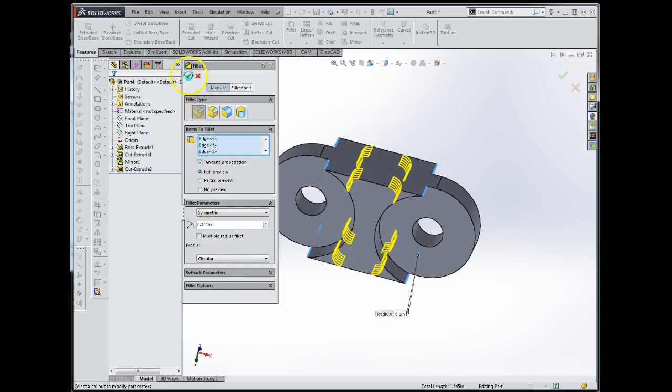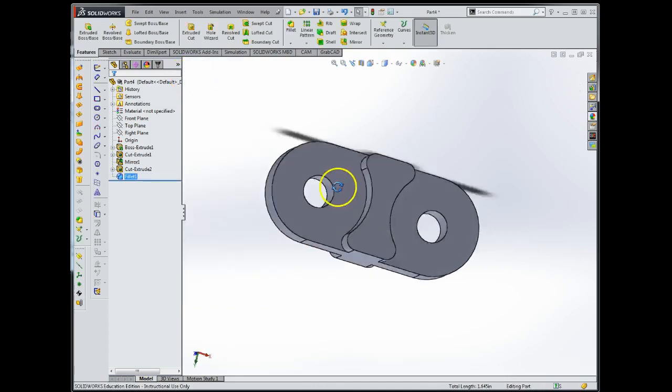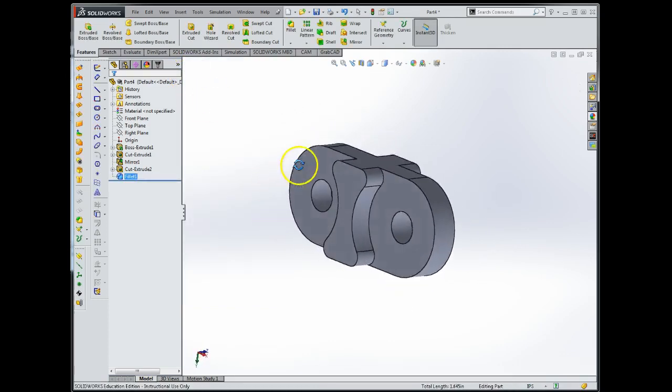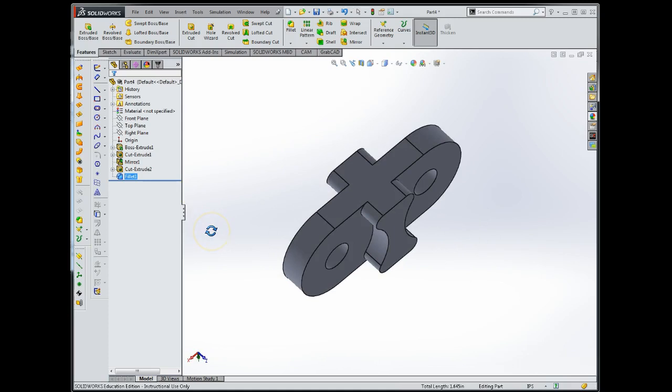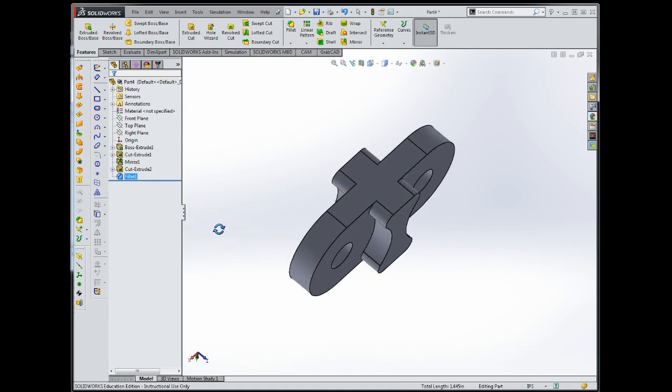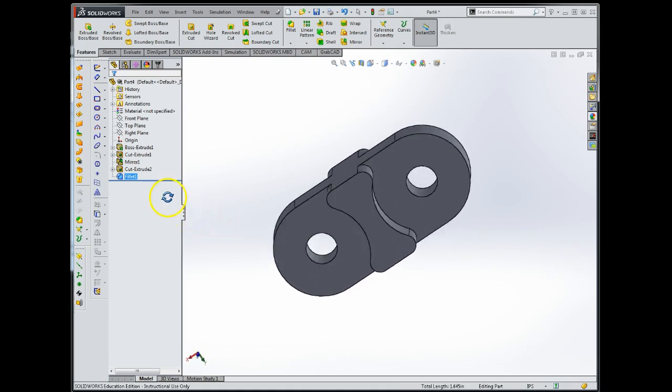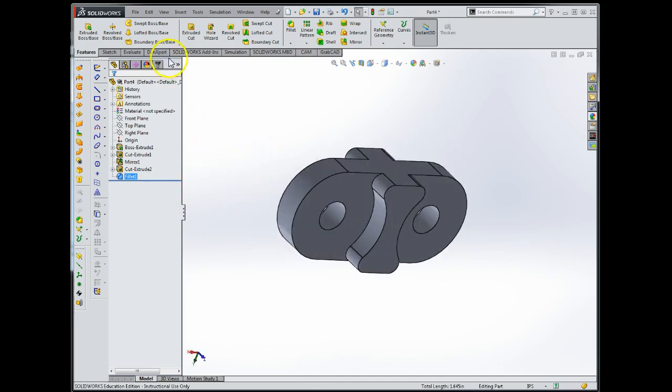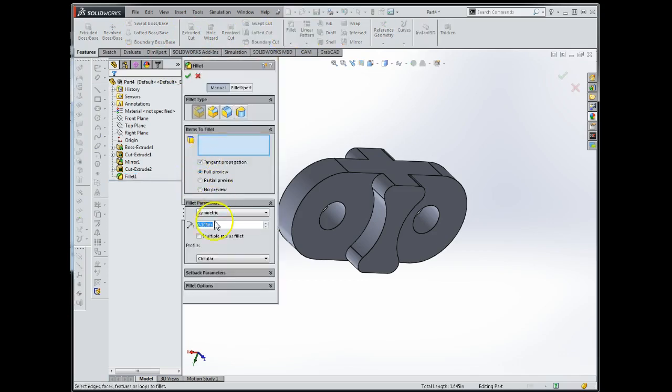That looks good. And now we had to add some more fillets of a smaller radius. So we're going to select fillet again, change our value to 0.032,